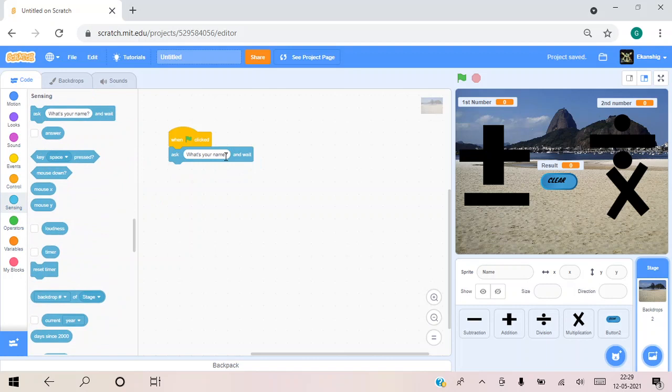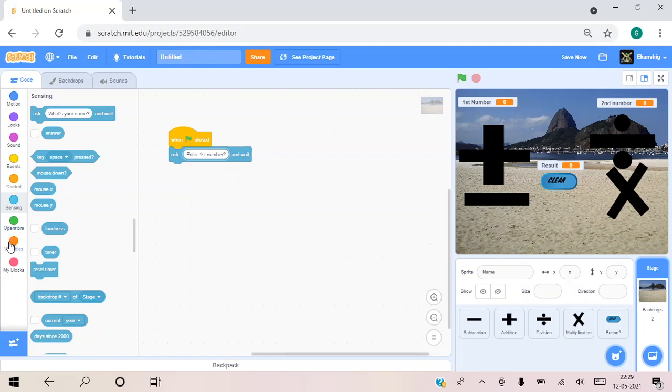We don't write what's your name, we will write enter your first number, because the calculator needs to know which number you want to add, and you also need to tell it which number you want to put in the first place and in the second place. So I will make such a code that it will ask you, and then you will type it, and then it will come over here in this column. So I will make first number,